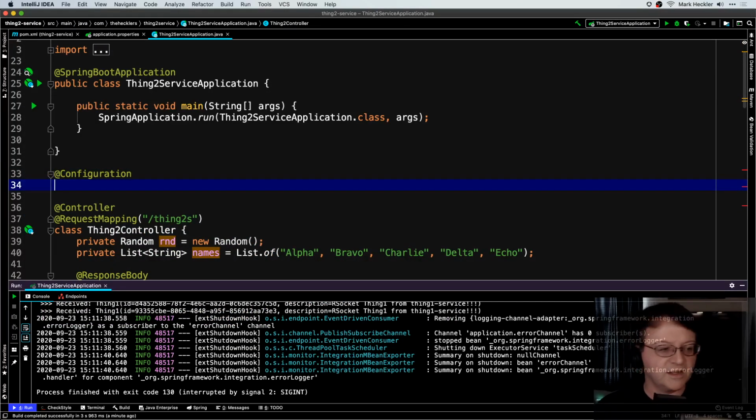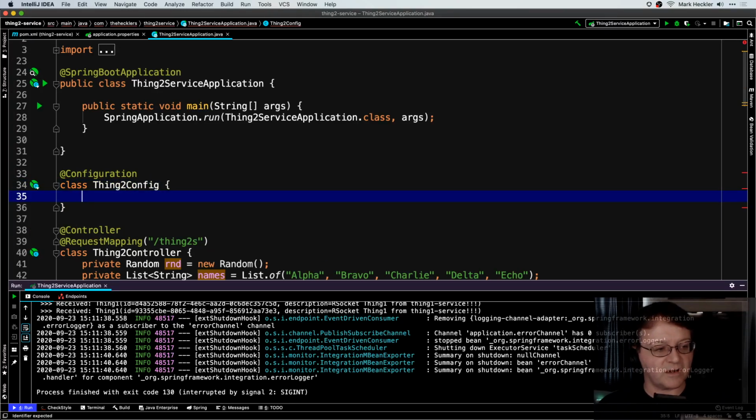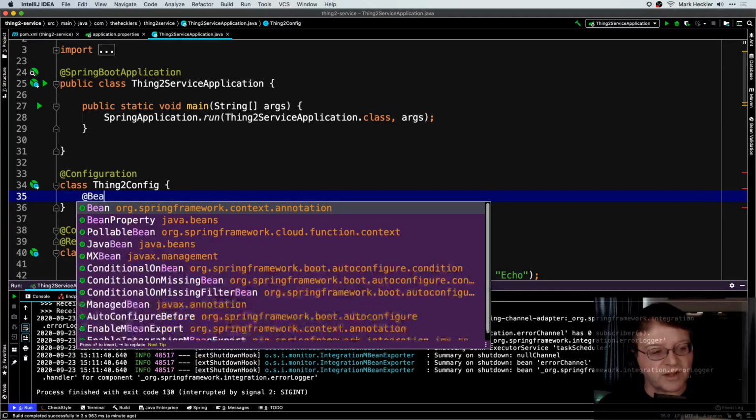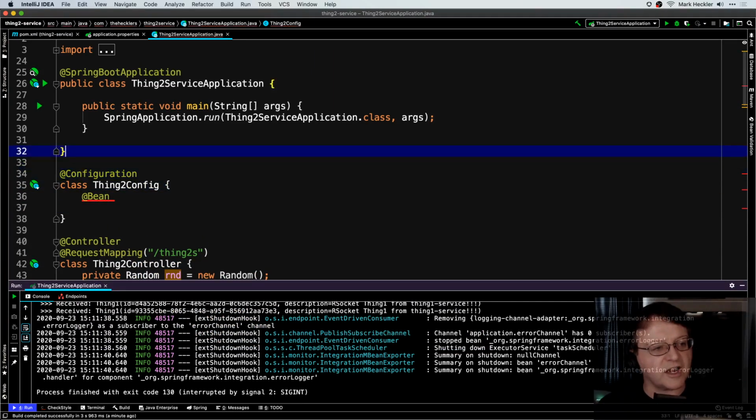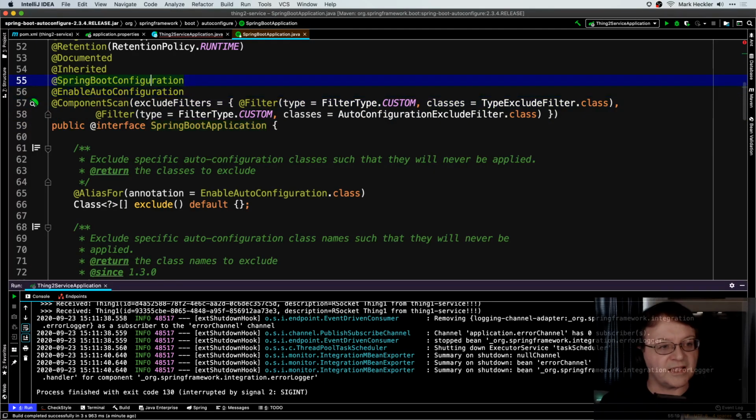Okay, typing is hard. All right, so this is our thing to config class. I do this so I can create a bean. Now I can create a bean up here because, and I love to show this, if you look at the Spring Boot application, it also is a meta annotation. And within that, there's a Spring Boot configuration. And within that